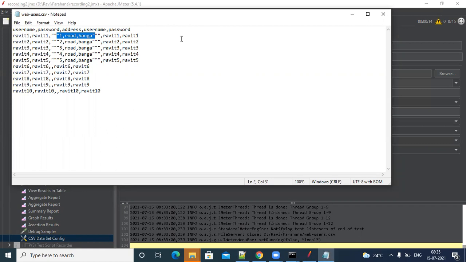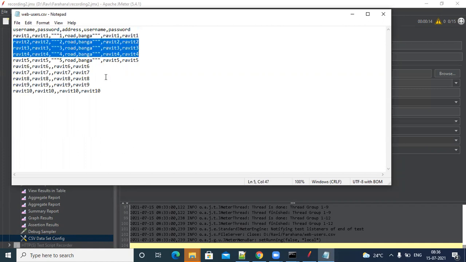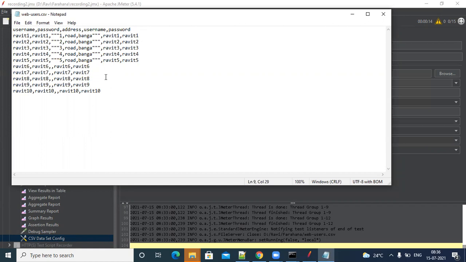It's not that each API should have its own CSV. Maintain one CSV and use it throughout our script, wherever data is required for each user. Here each row represents one user. This is the first user's data, the second user's data, like that. Okay, it's clear, right? CSV.